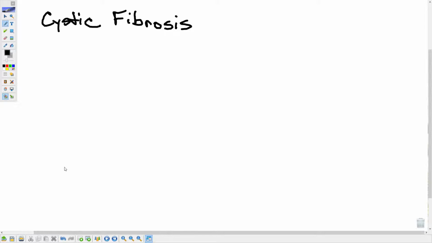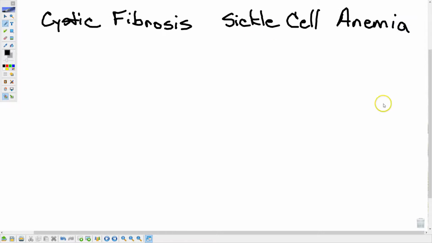Fortunately, in modern society, there's really good treatment for that, and people don't die from it all the time now. Well, there's also another disease called sickle cell anemia, and it is passed on the same way. So we have 2 completely separate diseases, but we're going to show a Punnett square to show how that can